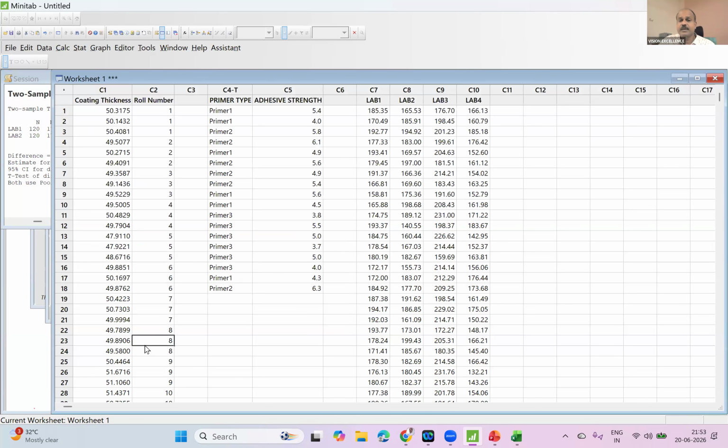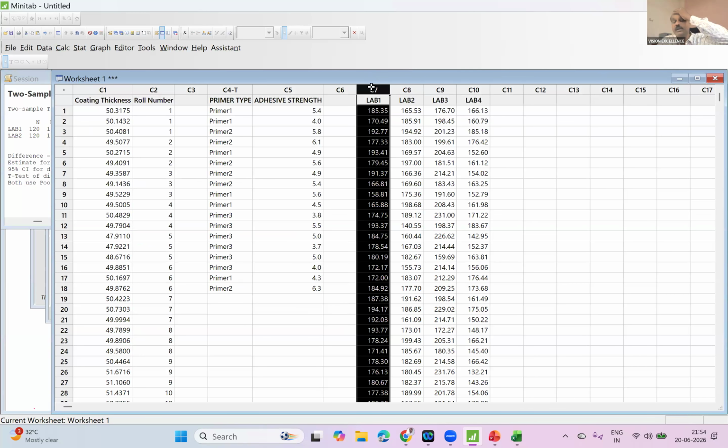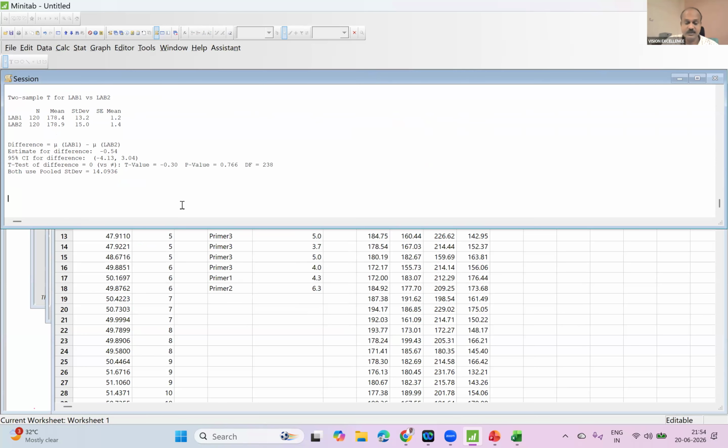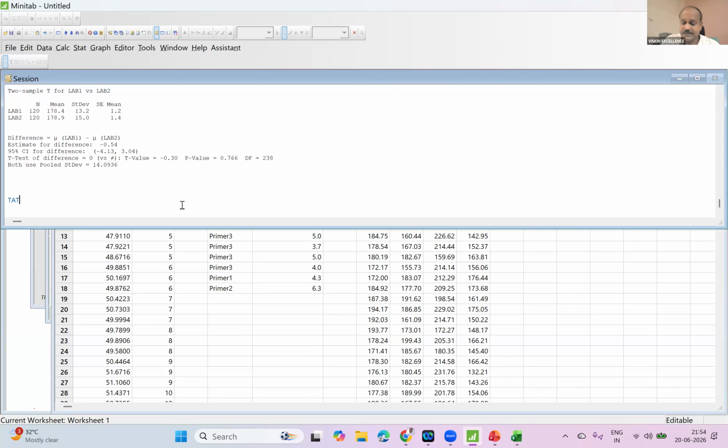You know what is the possibility? If you want to test each lab one at a time. Because in your hospital, if the TAT is less than or equal to 175 minutes, then only the laboratory can function. Then only the laboratory will be authorized to set up their facility in your hospital. What is the requirement? That must be